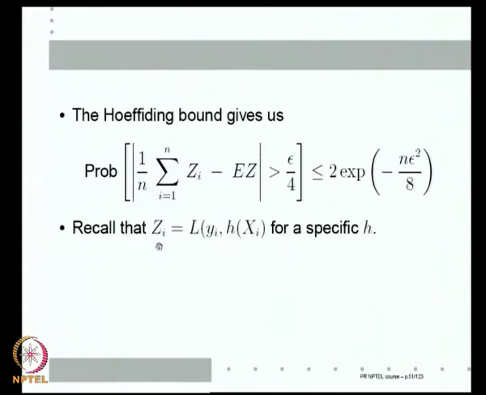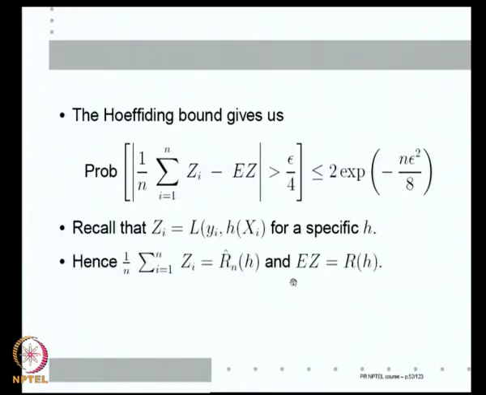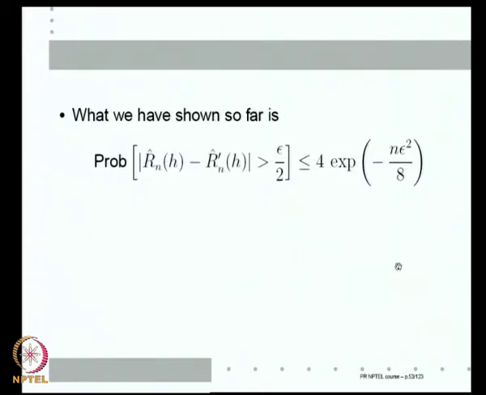So, note that Zi is L of y, h of x_i for a specific h. Hence, 1 by n sum from i equal to 1 to n of Zi is the R hat n for that h, and the expectation of Z is R of h. So, what we have shown is that the probability of R hat n h minus R h greater than epsilon by 4 is less than or equal to exponential minus n epsilon squared by 8. This we know from the Hoeffding bound. Right. So, going back,